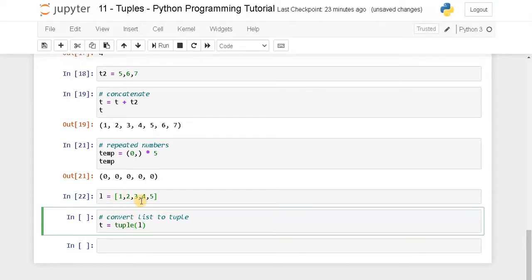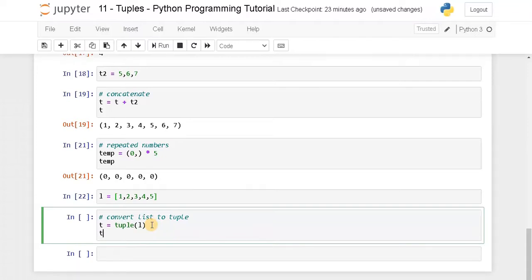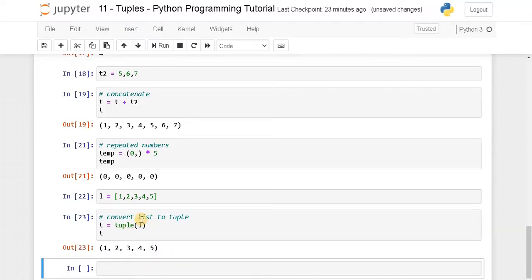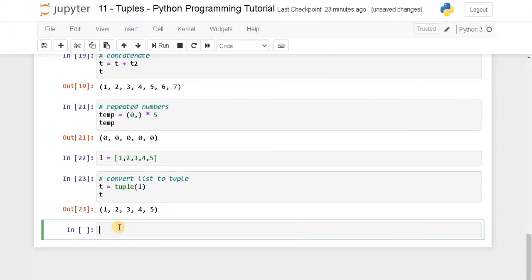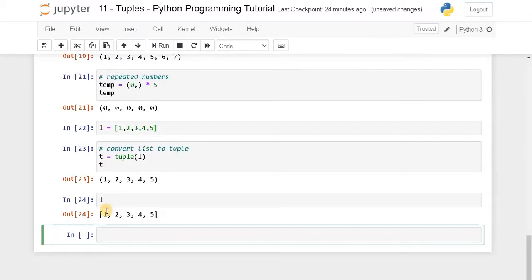It will convert the entire list to a tuple. Okay, now let's display it. See, it converts the entire list into a tuple, but the list remains the same because we are not doing anything to the list. We are just converting the list to a tuple and assigning it to the variable t.